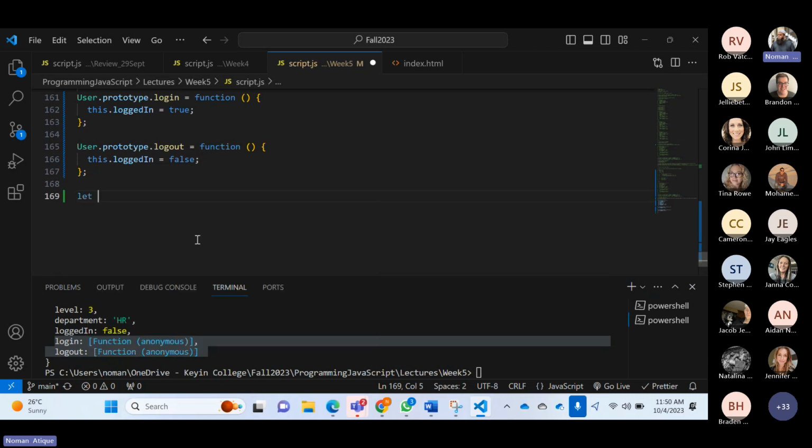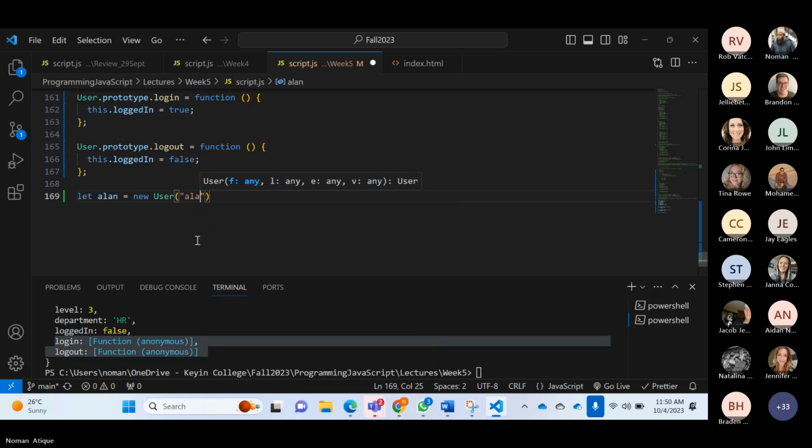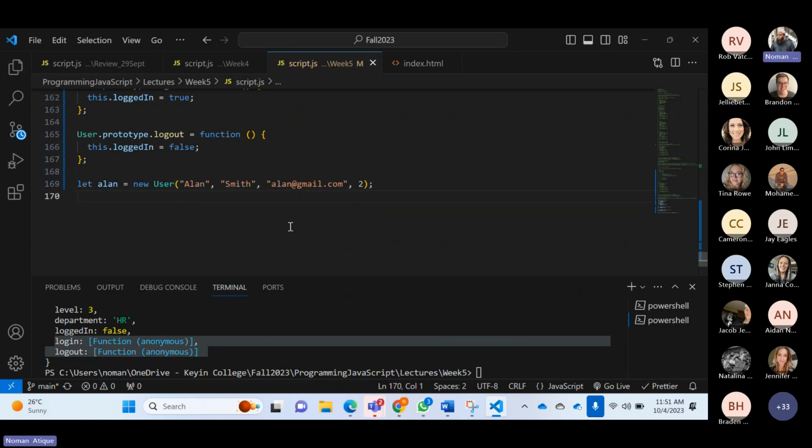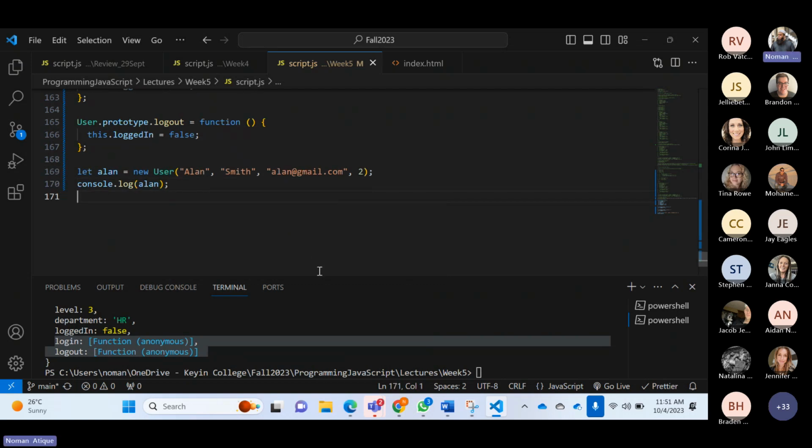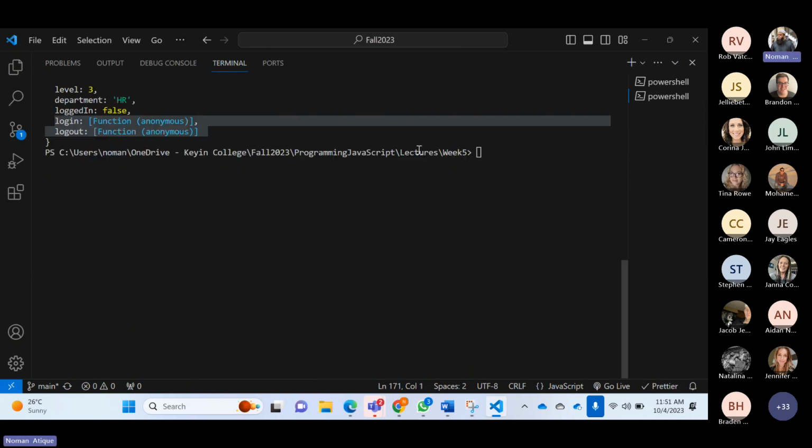So I say let ln is equal to new User, ln space, and what was the third parameter? It's email. So ln at Gmail. And the last one is the level. So I'll say level 2, for example. Now, let's see how many of you understand that. If I console.log ln, and I console.log ln and look at my output, I'll just make it bigger so that you can see both of the outputs. If I just run it again,